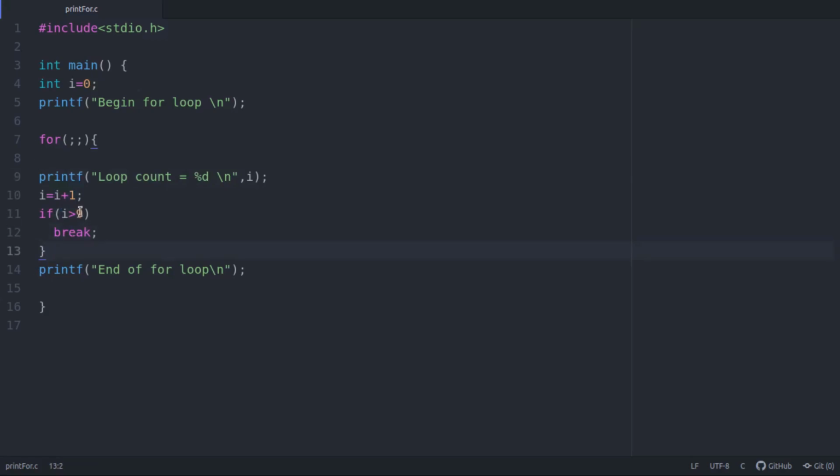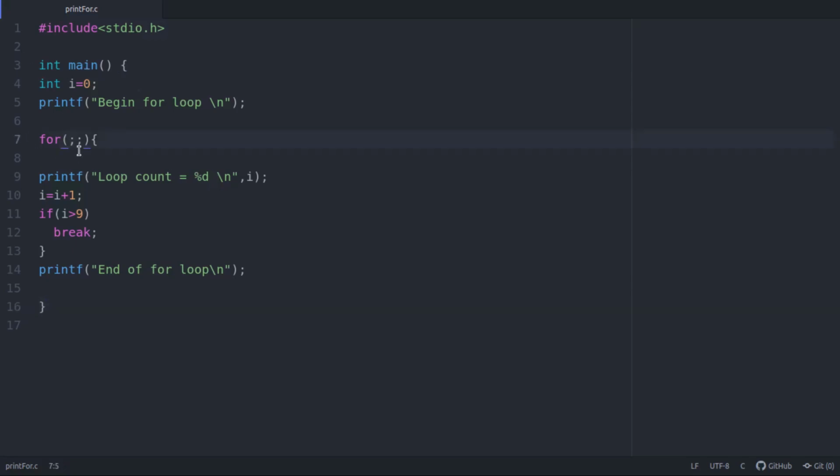Again, go back here. This will repeat till i reaches the value of 10. Once i becomes 10, 10 is greater than 9, so it will break from here. It does not go back to the beginning of the for loop, it continues with this statement, prints this and exits the for loop. And that is how you can implement the for loop in different ways.